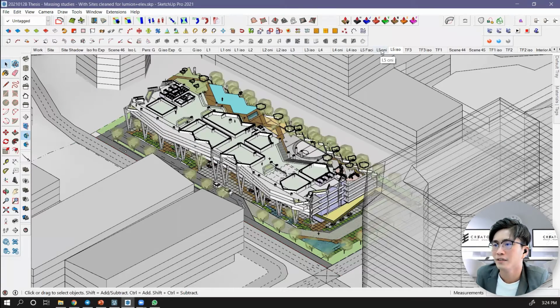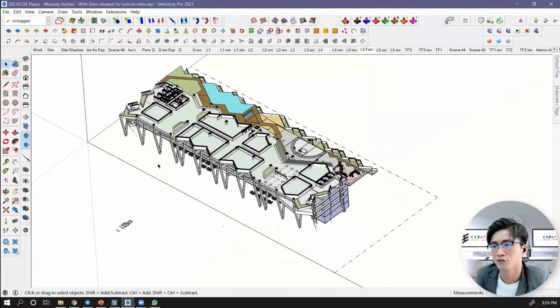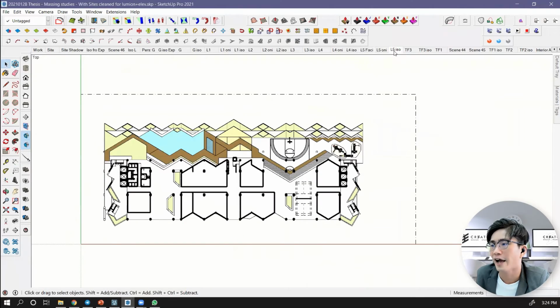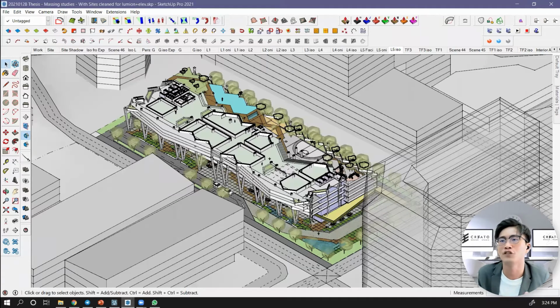So this is the facility floor. Just now you saw this one, and then the isometric view is like this. So you cut like this. So how do we achieve this? Now I'm answering the first question: how to export drawings?